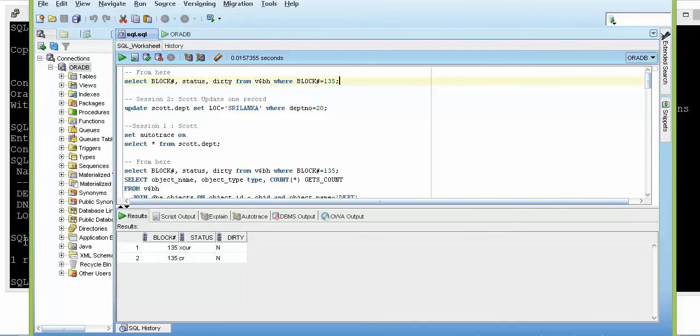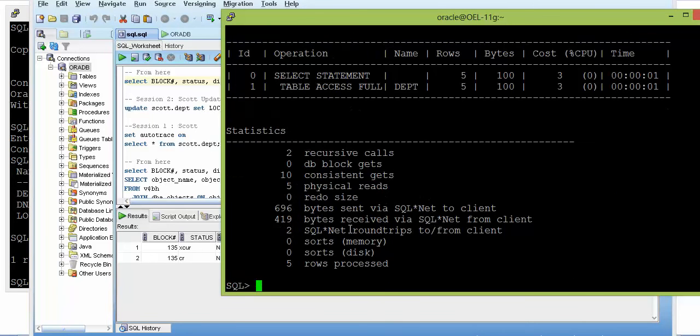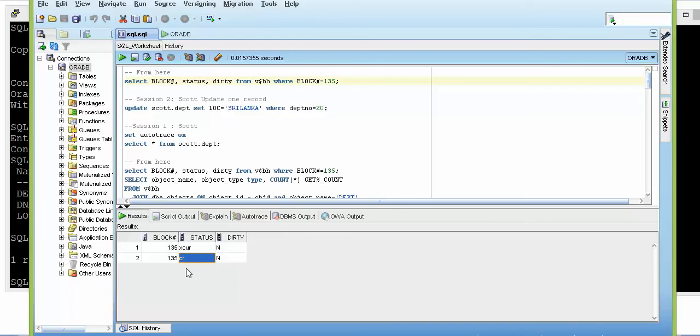Because the data block has been modified, when the second user tried to read the data, a consistent read operation was performed and the data block was cloned in the buffer cache. That means now in the buffer cache there are two blocks for the same block number 135.